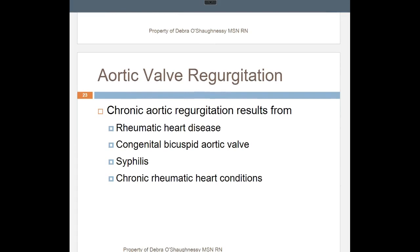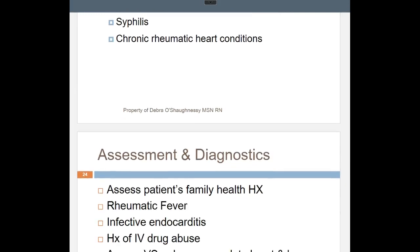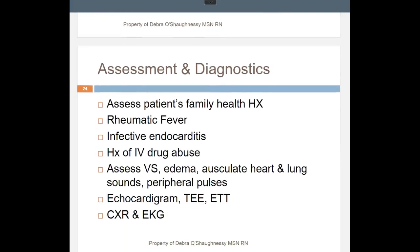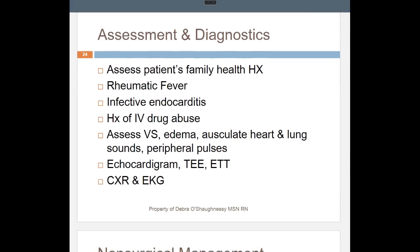Chronic aortic regurgitation results from rheumatic heart disease, congenital bicuspid aortic valve, sometimes even syphilis and chronic rheumatic heart conditions. And sometimes when we look in these people's past, we see a lot of history of IV drug abuse, causing them to develop these infections and inflammatory processes. And these are all the